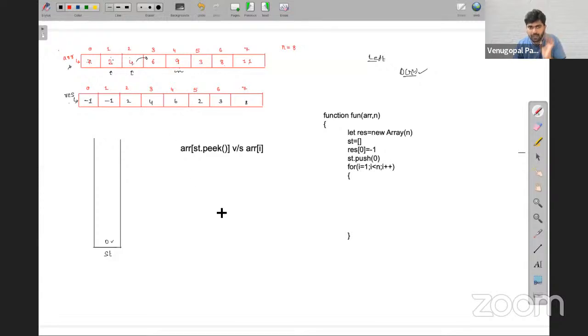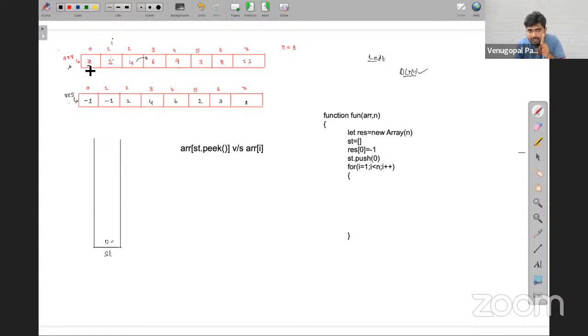Listen carefully. For example, the first element, index 0, you have pushed into the stack. Now this is the topmost element of the stack.